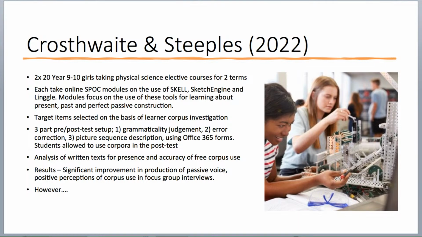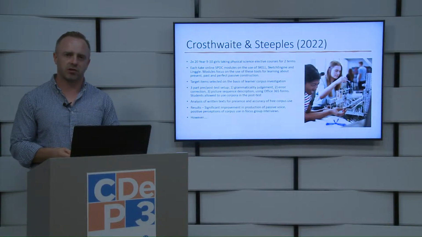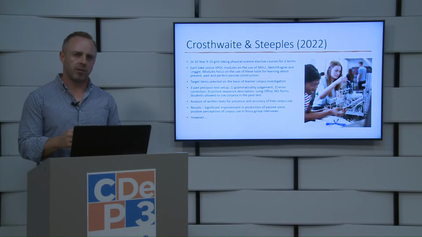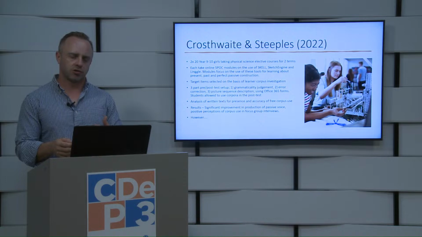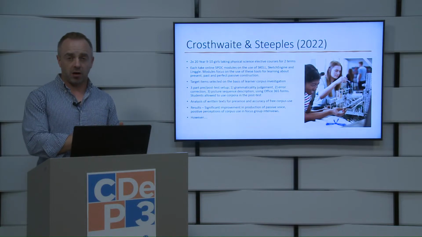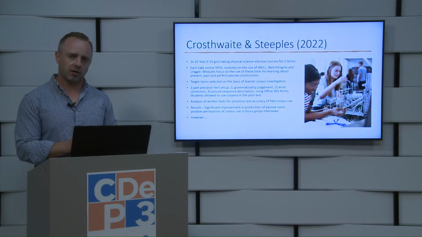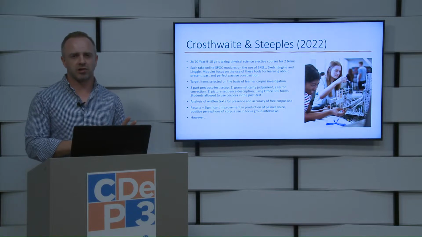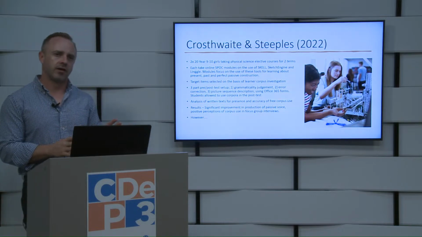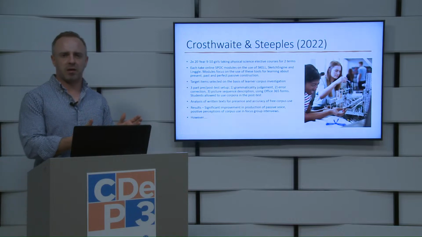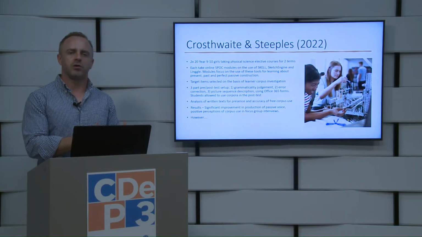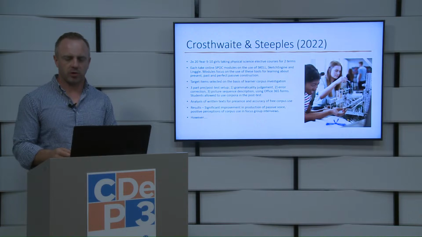We gave them some pre-tests and some post-tests in understanding and use of the passive voice construction. And we also gave them the opportunity to write their research reports and to mark on those reports with different colors whether they'd used any kind of software to help them to write it. So if they used Google Translate, then maybe they used a yellow color. If they used a corpus tool, maybe they used a purple color.